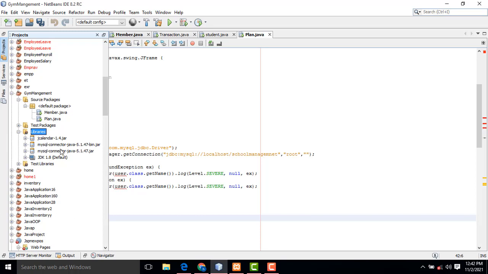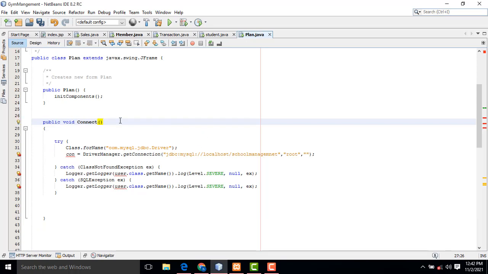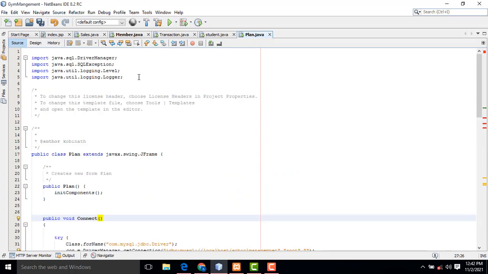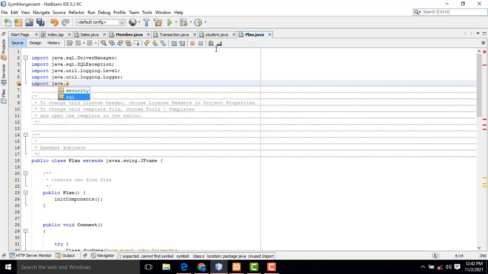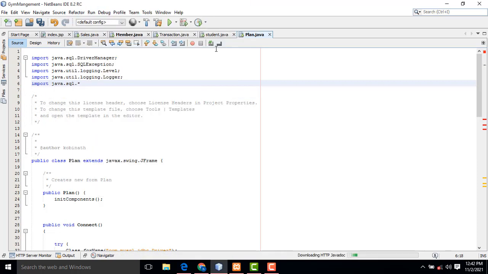This one I'm going to add it. If you want the MySQL connector, go to Google and type MySQL connector for Java. You can get these jar files. You add it into the libraries this way. Then only you will be able to establish the database connection between NetBeans and MySQL.